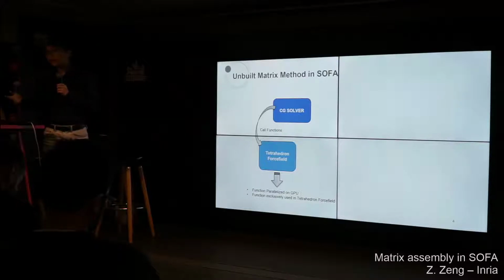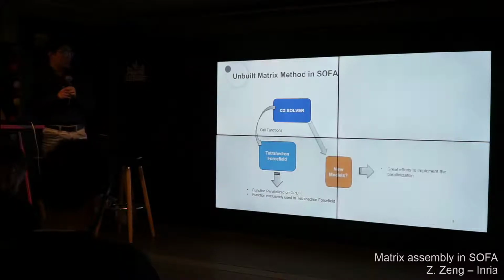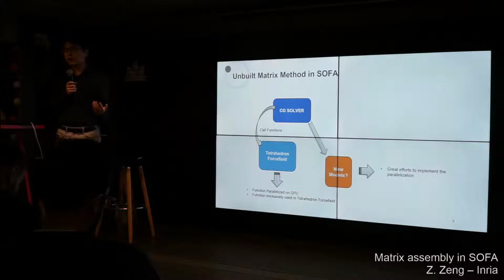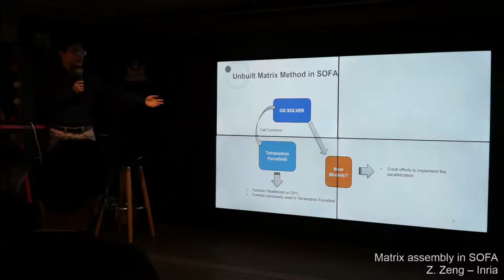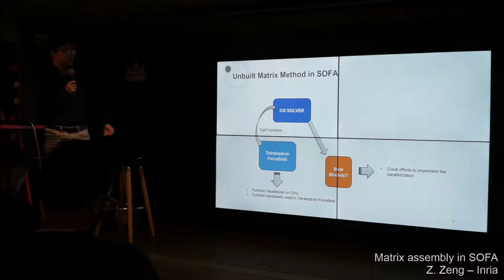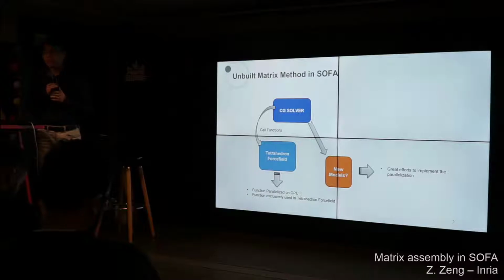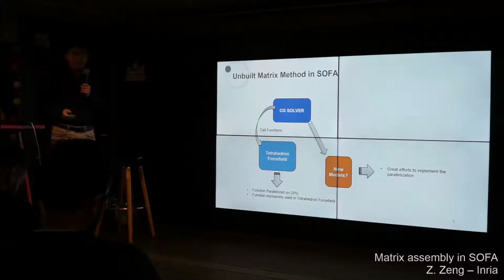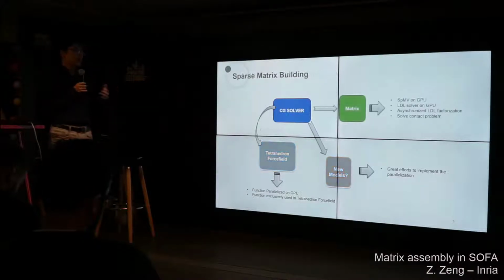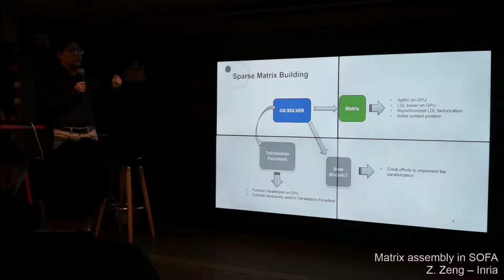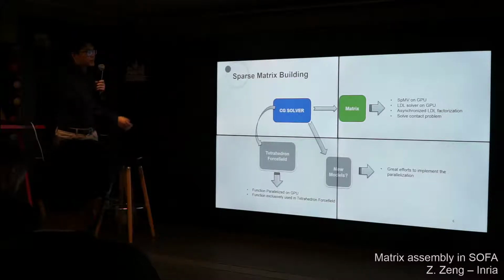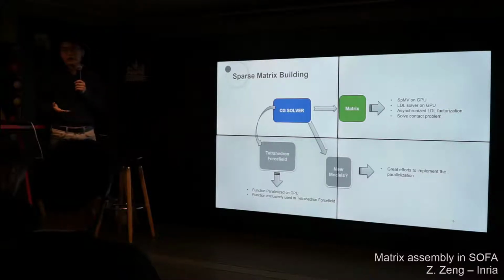Imagine a case when we want to use a new model or a new force field. We will need large efforts to parallelize the CG solver, and to avoid this case, once we have a matrix, we can put everything on GPU, and we can also benefit from the matrix built